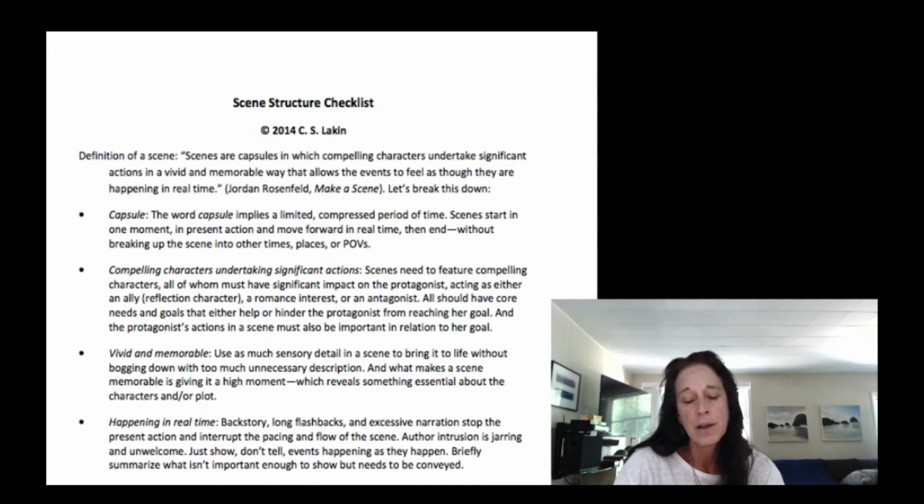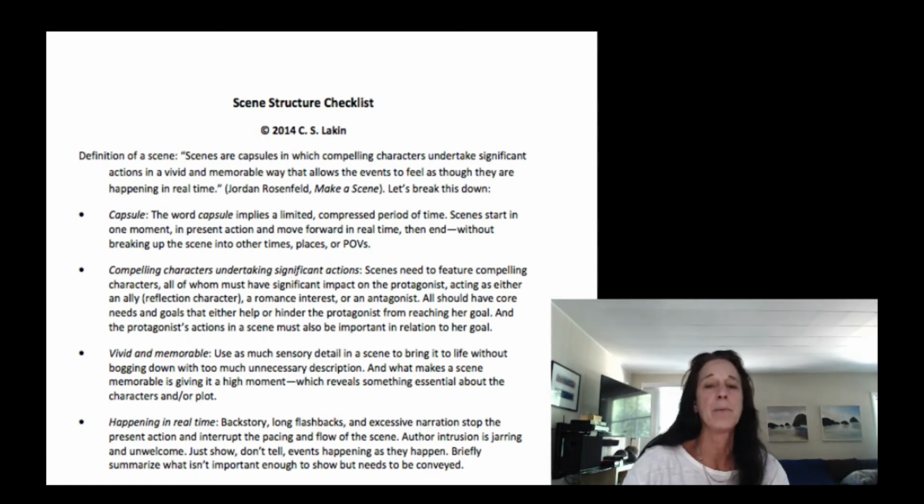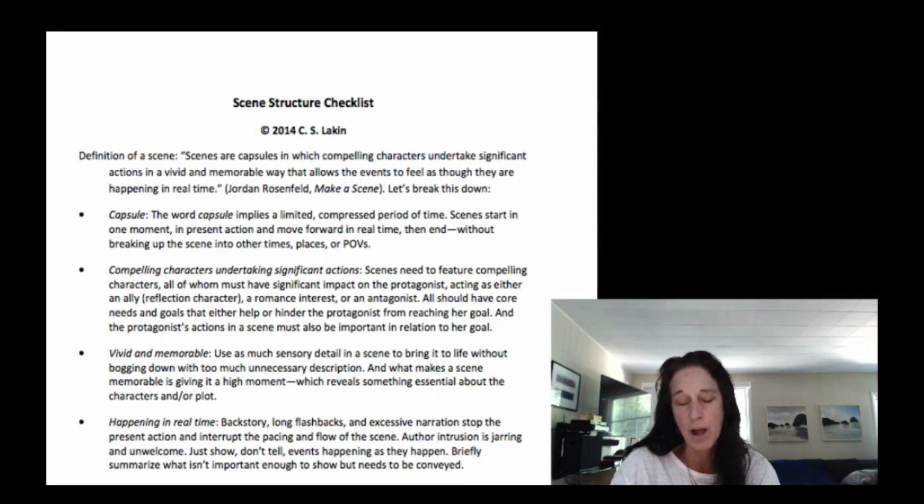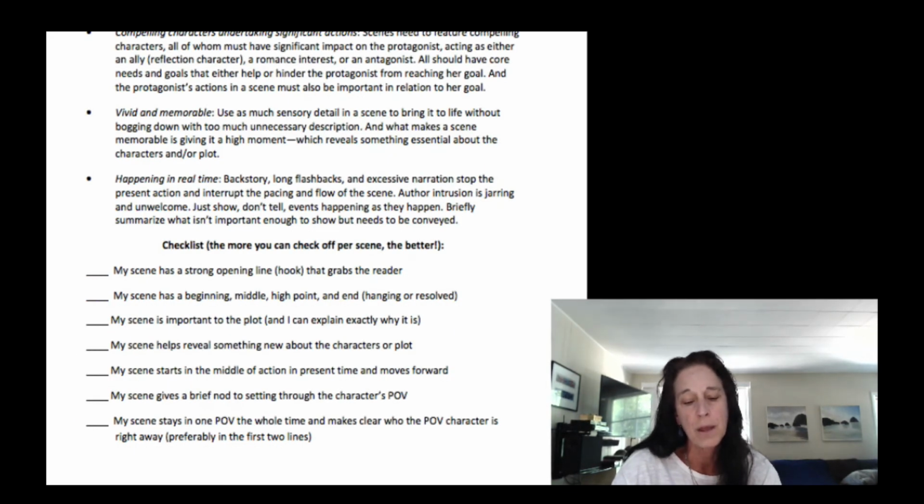So my checklist has a lot of items, and I'll pull that up on the screen so you can see it. Obviously, I'm not going to go over them all right now, but you can go over them. I would encourage you to first read through all these different items. Your scene isn't going to tick all of them off, because some scenes aren't going to need all these things, but you do want to consider all of them and see if they can be useful for your scene.